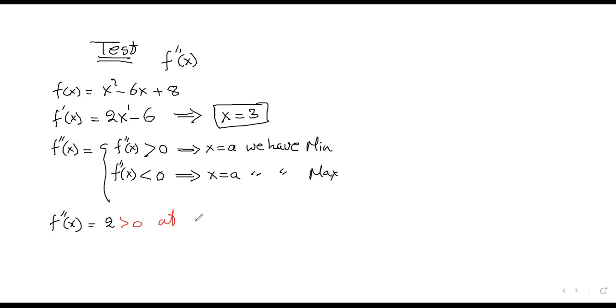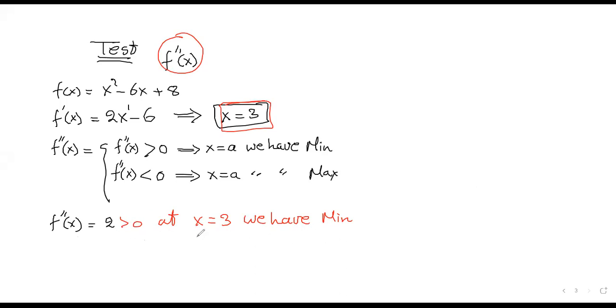So at x equals 3, which we got from the previous slide, we have a minimum. So the test of the second differentiation: when the second differentiation in our example is greater than 0 at x equals 3, we